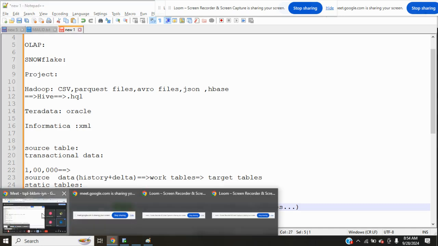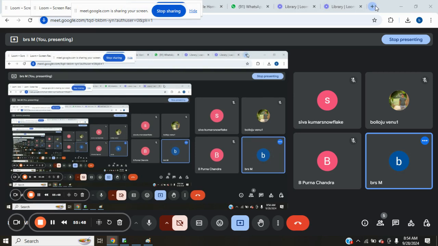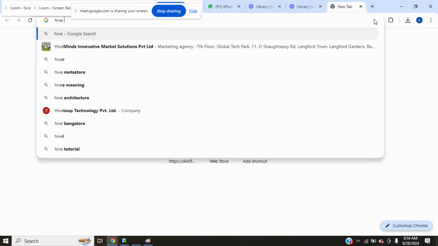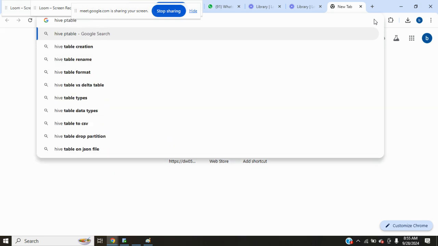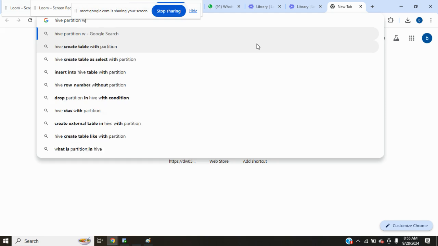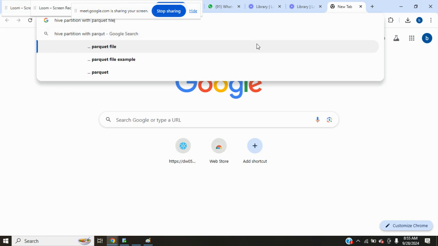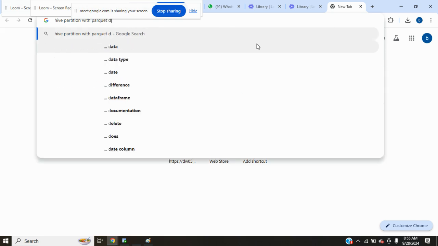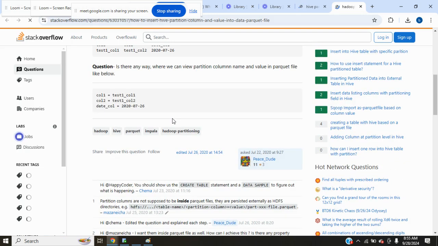I will show you a few scenarios, how the Hive details will be. Just let me show one scenario. So the table is